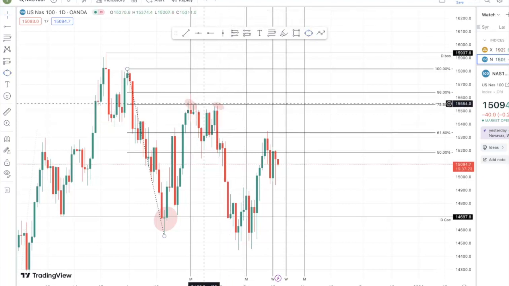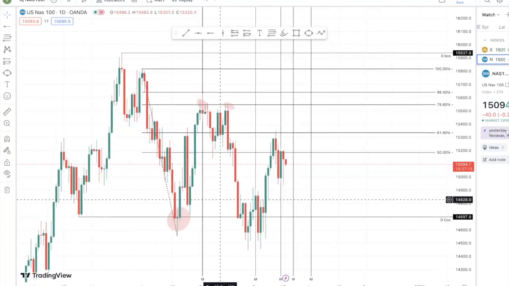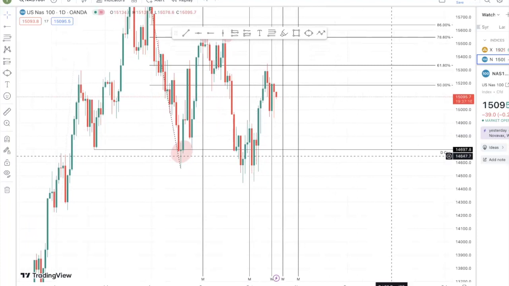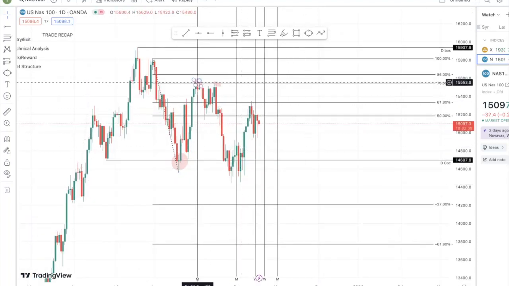So we got our zones right here. That's signifying that we're gonna look to the downside, and as we're looking to the downside, right? So we have our rejection, our reaction off of